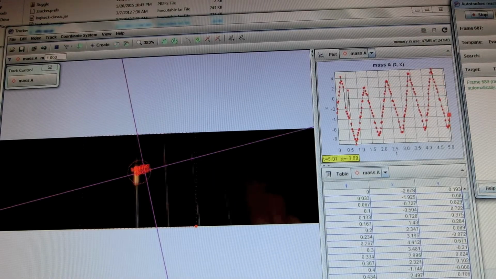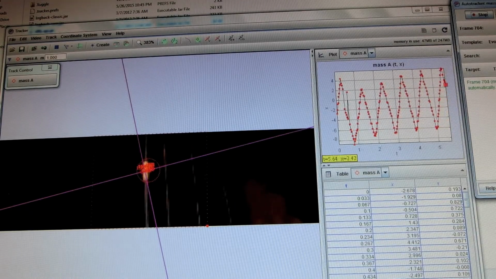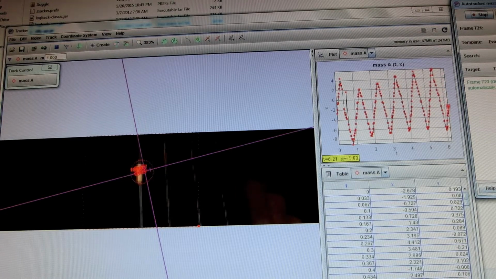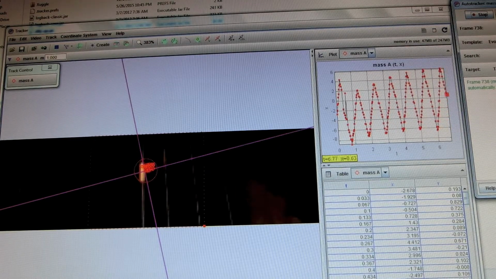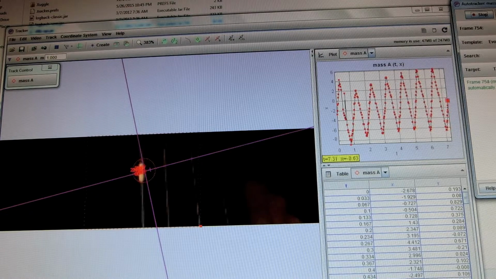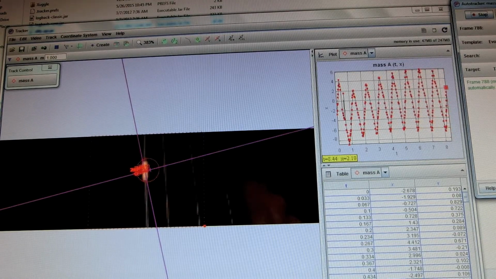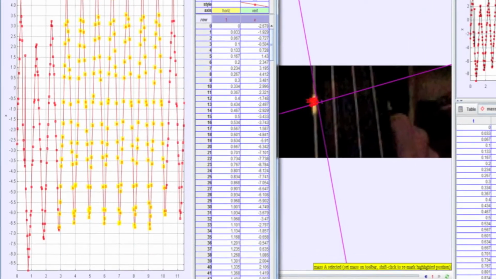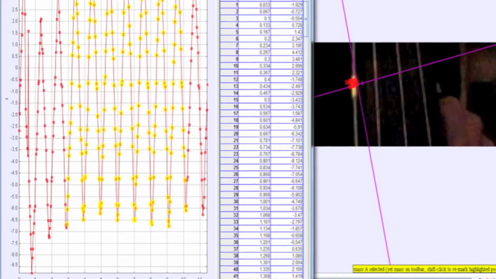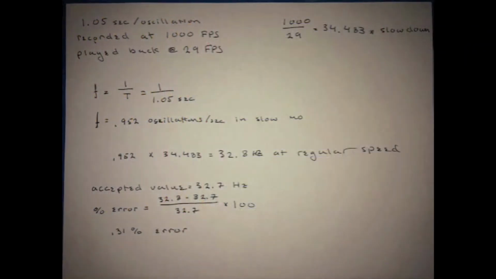This tracker program can be used to watch the string oscillate, and it'll track whenever the string reaches its farthest distances away from equilibrium, either to the left or to the right. The time it takes to move between these positions can be used to find the frequency of the string. Using the tracker data, we found the period to be 1.05 seconds per oscillation. This was recorded at 1,000 frames per second and played back at 29 frames per second, which ends up being